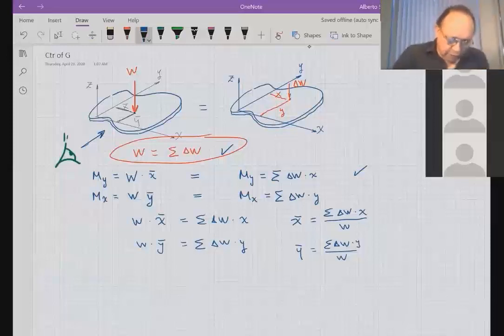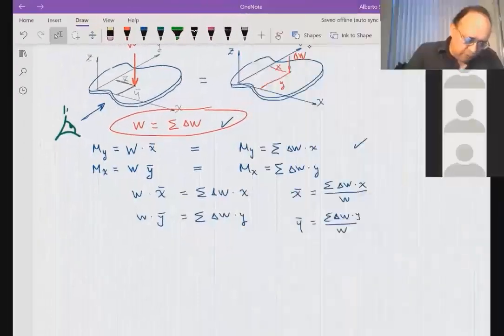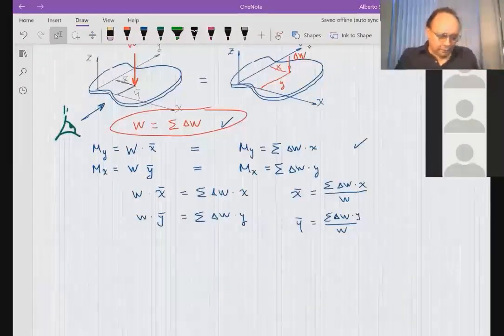So this is how to find the location of the center of gravity of a plate based on the fact that I know the location of the center of gravity of each delta W, which are like tiny components. Let me calculate the weight of the plate in terms of the area. The weight